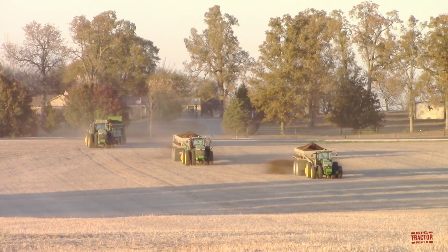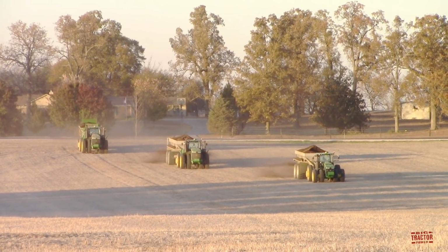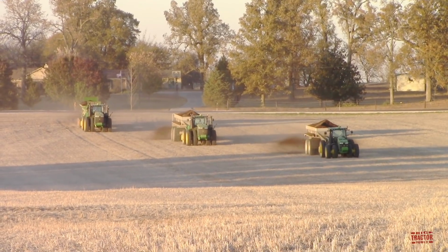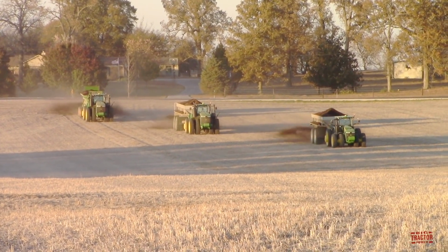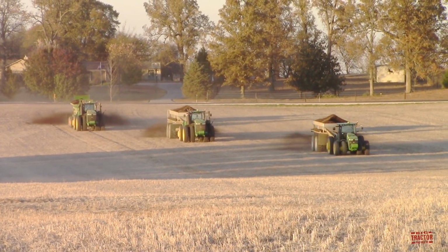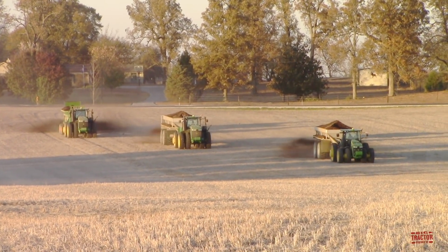John Deere high horsepower tractors to apply chicken litter as a fertilizer source for the upcoming season's corn crop. During the video you will see John Deere 9R, 8R, and 7R tractors loading, spreading, and working on tillage to incorporate the chicken litter. Viewers will spend a full day out in the field with all of this big farm